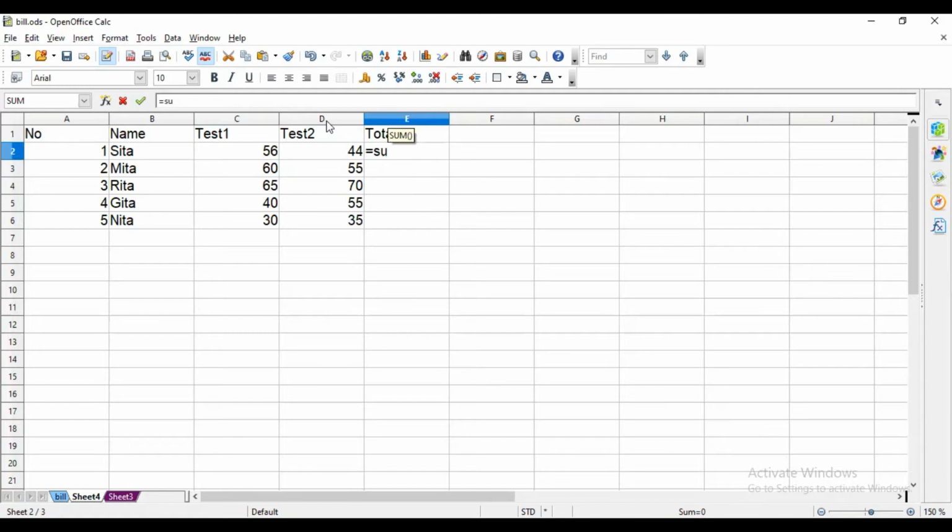Now for total, I am taking the sum of these two, and then I am dragging to copy the formula to find out the other results of total.